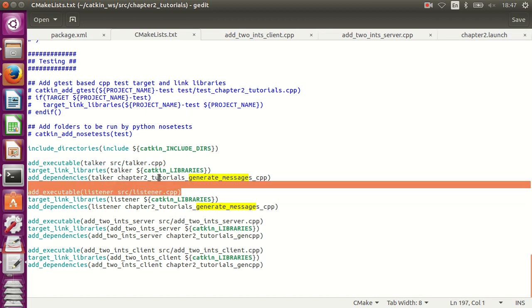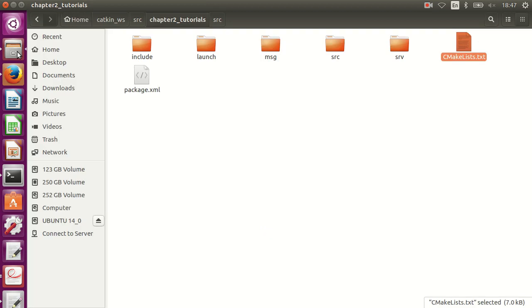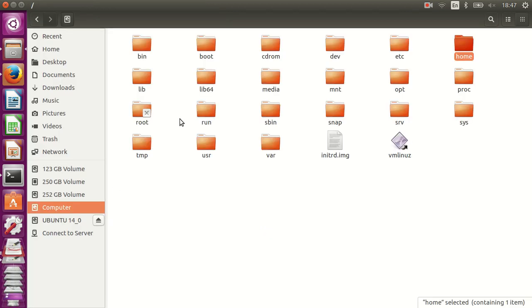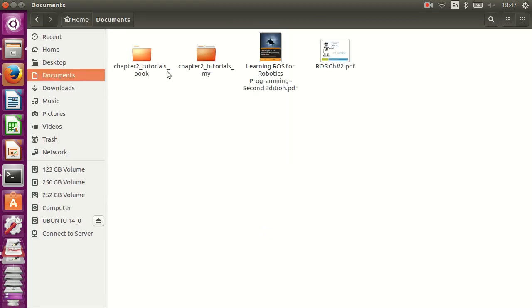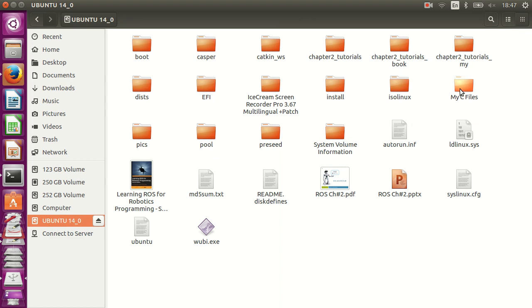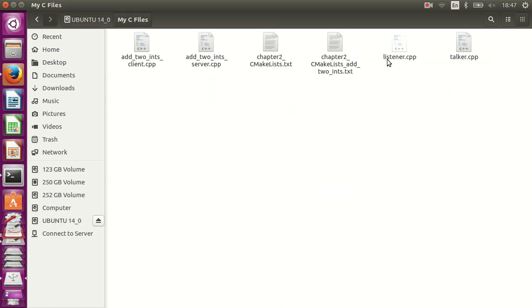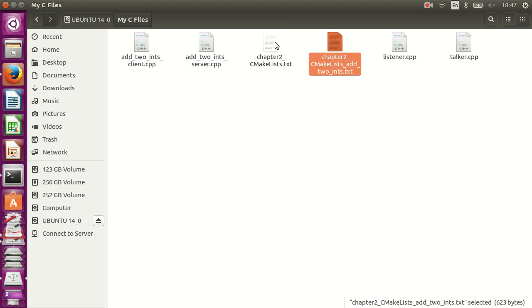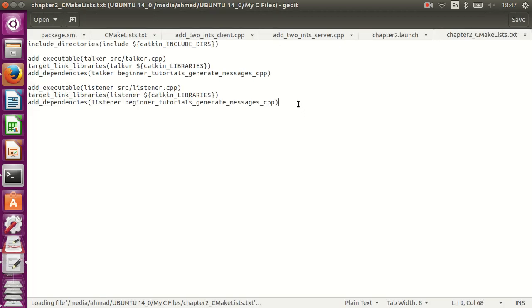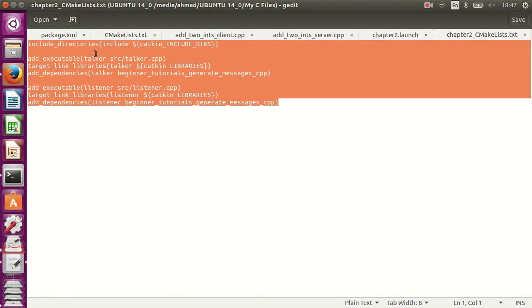This information is in the file I have given to you here in documents, in my flash where my C files were, chapter 2 here. So you need to copy this information